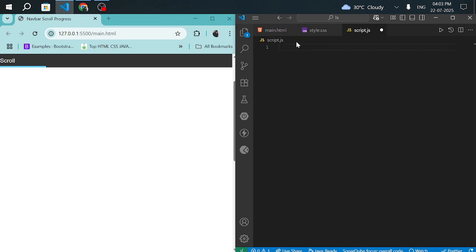Yeah, so let's start with the JavaScript part. As you can see, if I have not added the JavaScript, there is no change in the progress bar, so that means the main role is played by the JavaScript. So first I will create an event listener